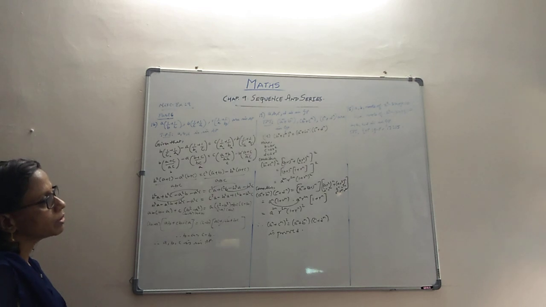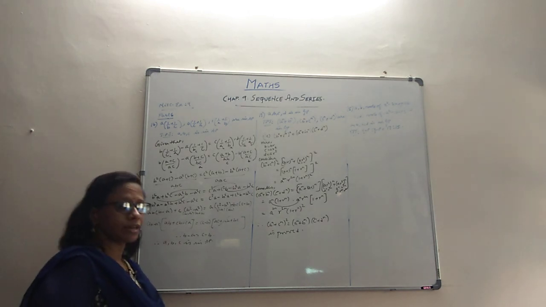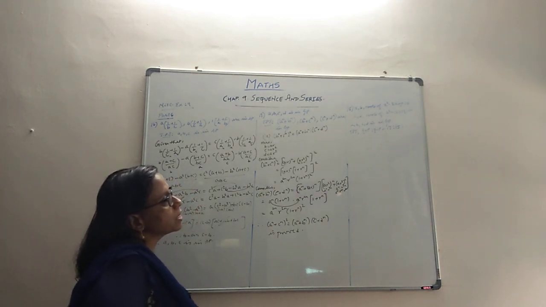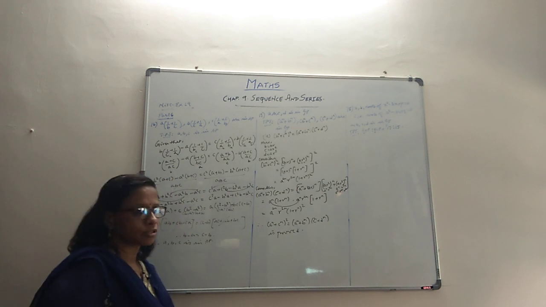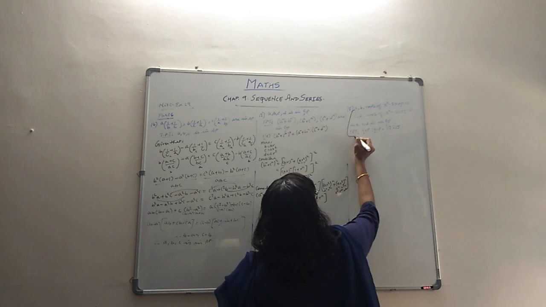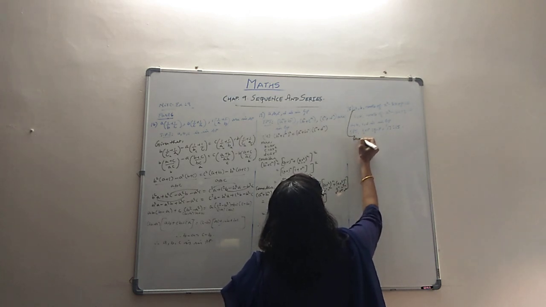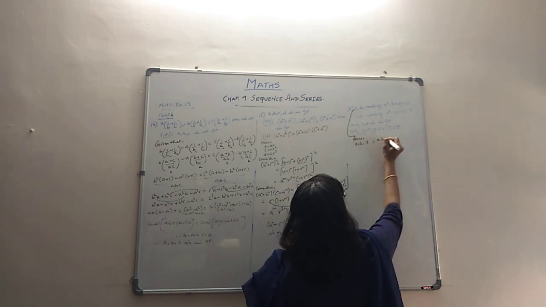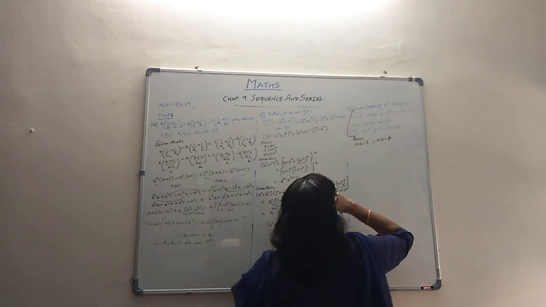Now we can go to problem number 18, which says that A and B are roots of that given equation and C and D are roots of that given equation, and A, B, C, D amongst themselves are also in GP. With so much data, you are supposed to find out that (q plus p) is to (q minus p) is 17 is to 15. Let's see what this means. If they are the roots, sum of roots is minus b by a. So like that it's 3. And product of roots is c by a, that is p by a.